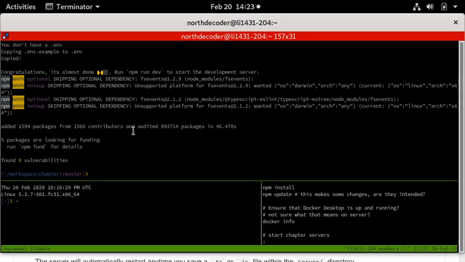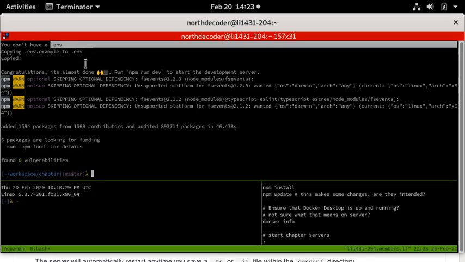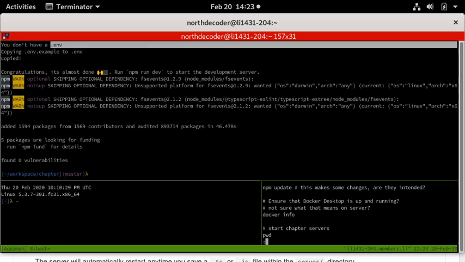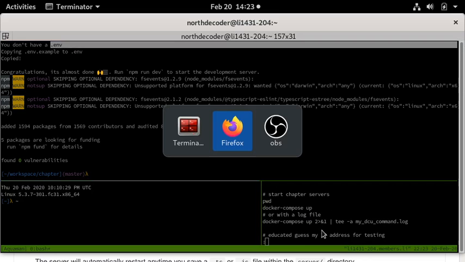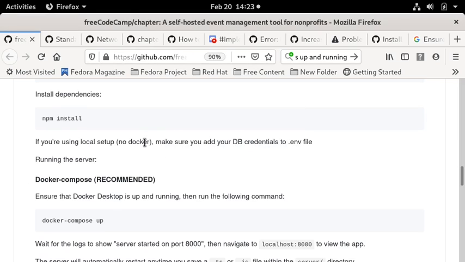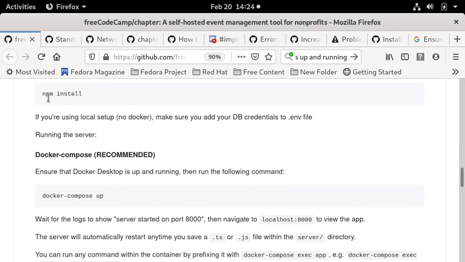And it gave me some information about not having a .env file, which I think we'll see in a minute what's going on there. Now we should be able to, according to the instructions, since the instructions don't say to do an npm update, I won't do it. And then the next instruction here is docker compose up,